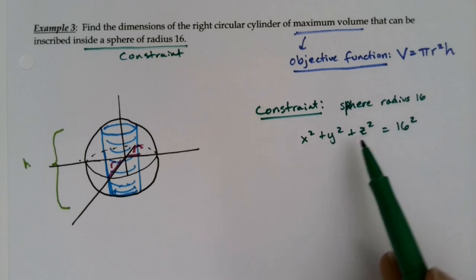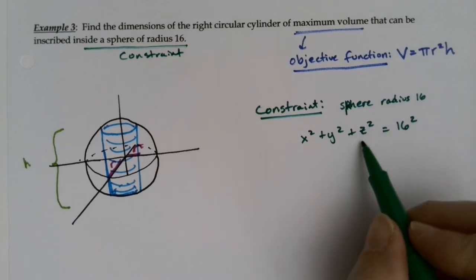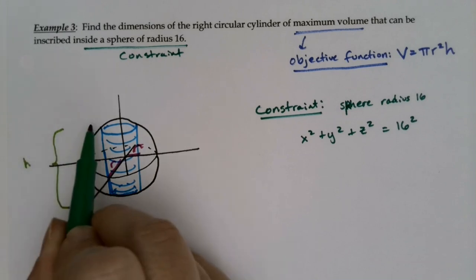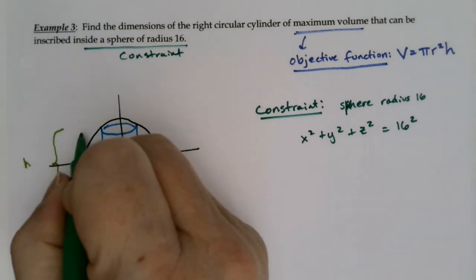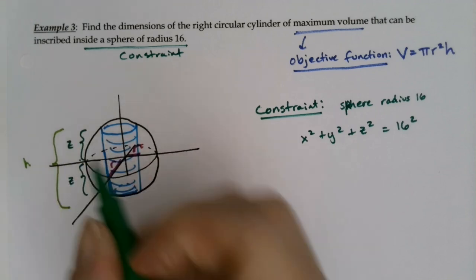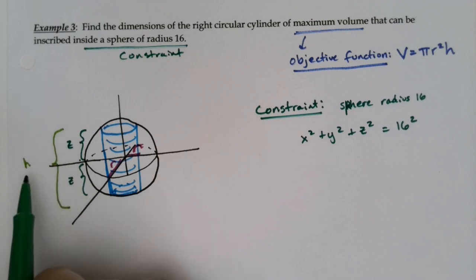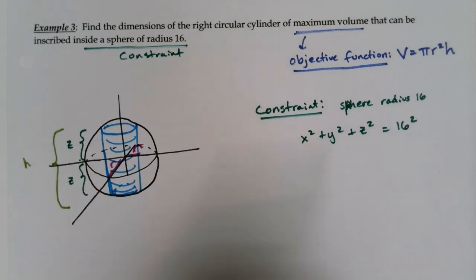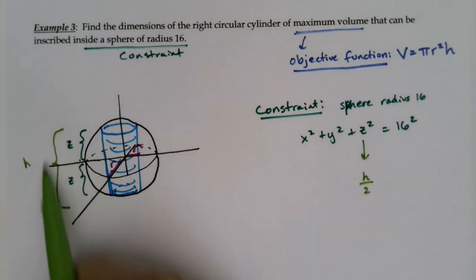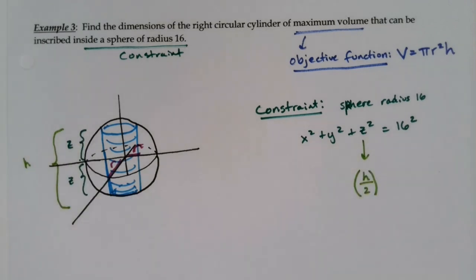Right, so then we know a couple things. We know that this z right here, let's think about that. If your height is from the top to the bottom, z is actually here. There's a z here and another z here. So that height and that z are related. So 2 z's make a height. In other words, this z is the height divided by 2, right? So if I take the height, divide it in half, I'll have that z. So if I take the height divided by 2 squared,